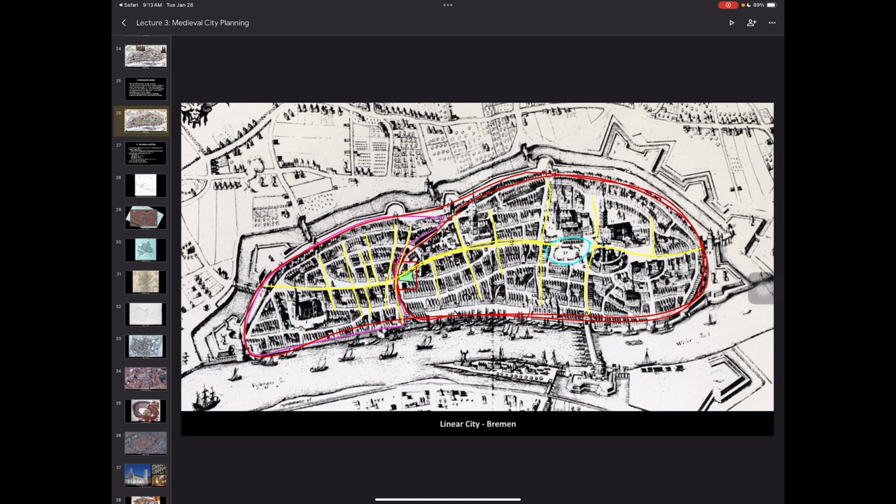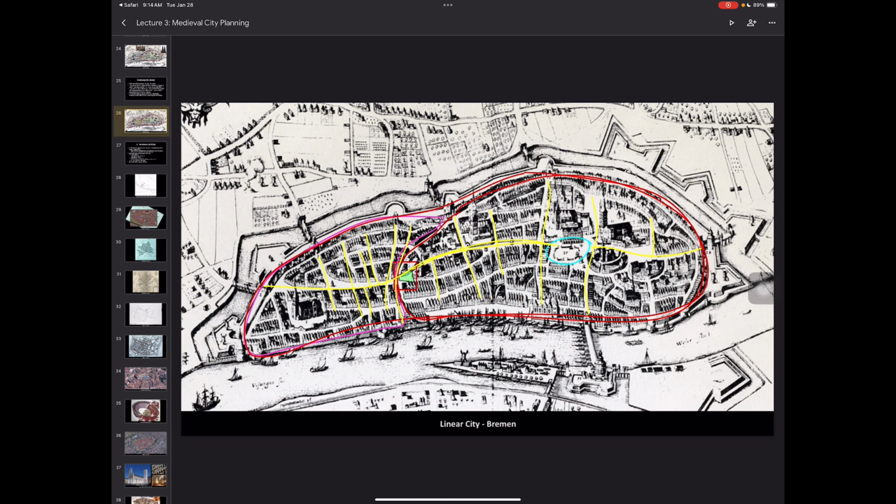Right, they want to have a secondary local church, but still it is the Ratshouse or the town palace that is the one that's in main power. And coming off of there perpendicularly, we do have all of our secondary streets, right? And this is how you can tell that it's a linear city, right? When all of them kind of butt into it perpendicularly. If they were all coming out of random centers, it would just still be a radial city. But because we can identify this pattern, we know that it is in fact now linear.